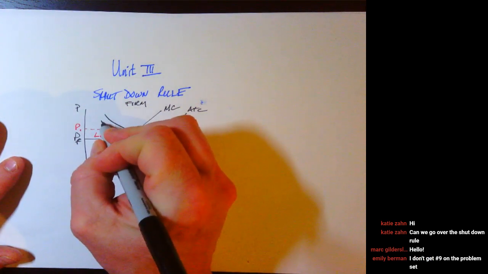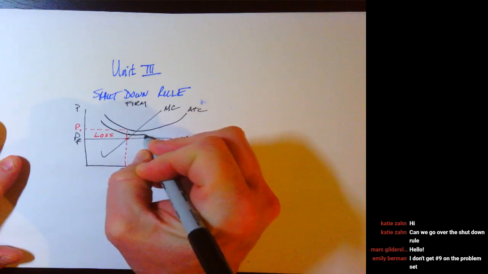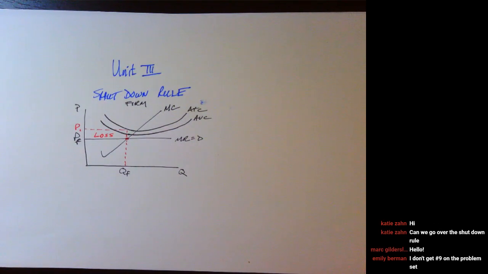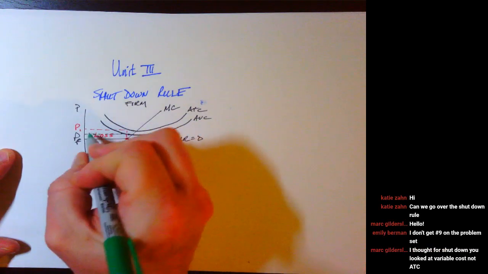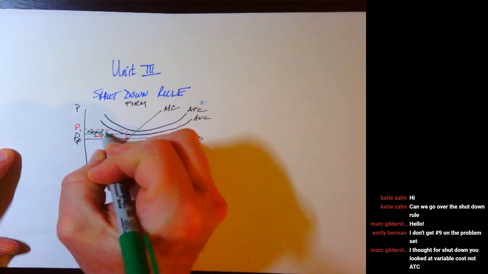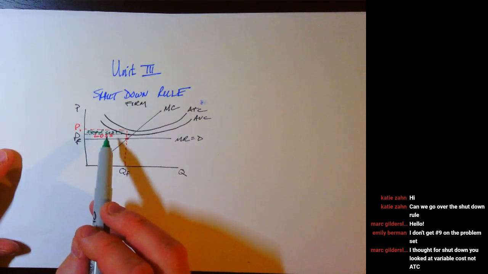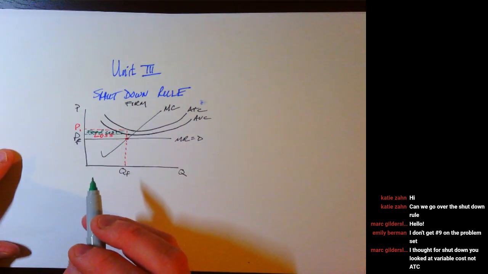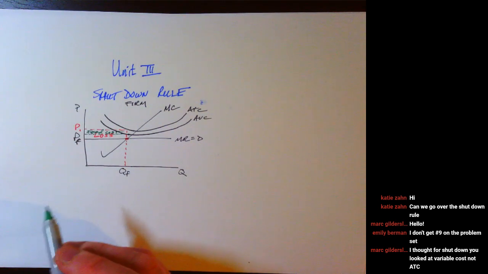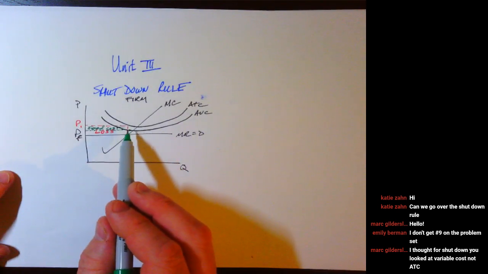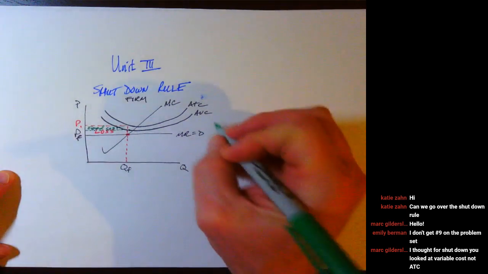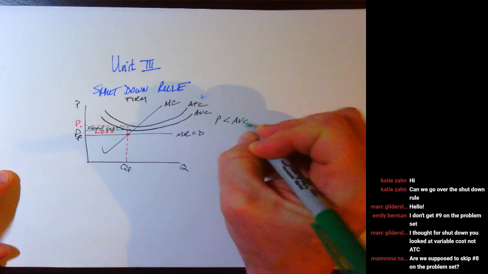Okay, so if we go ahead here, and here's your AVC curve. Okay, well, this will tell us a couple things. Okay, so right here, this amount is fixed cost. Okay, and for the most part, your fixed costs are probably going to be less than your variable costs, but that's when you want to shut down. You want to shut down when P is less than AVC,